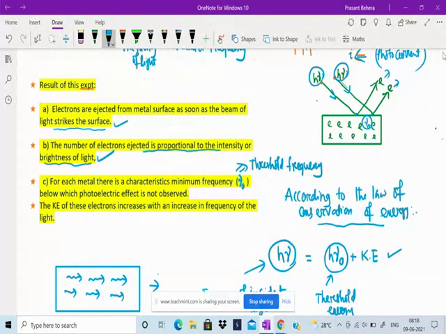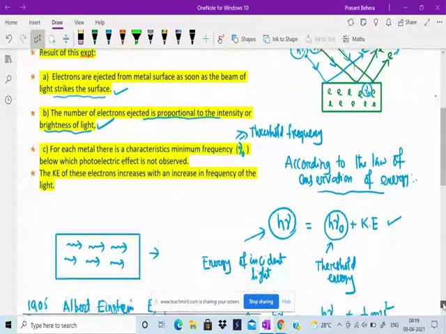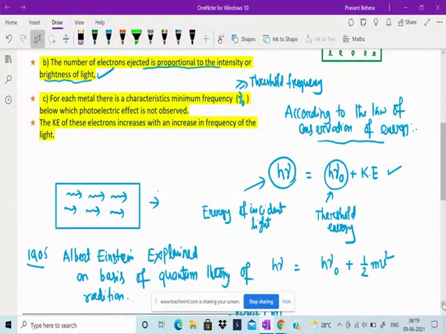That means if we increase the intensity, the number of photons increases. Similarly, another photon strikes the metal surface, h nu, and electrons are also ejected. But classical physics suggests that with an increase in intensity, the kinetic energy should increase, but this is not observed.